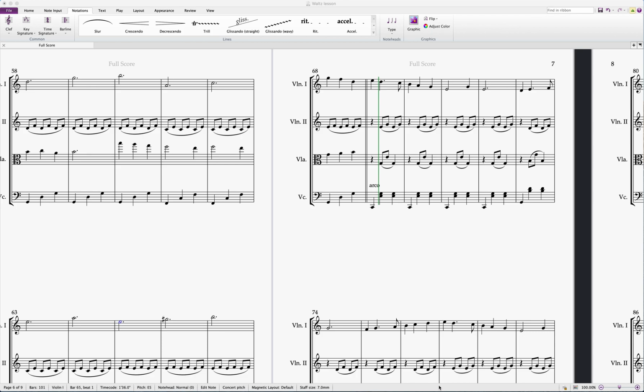And so this brings me to the last lesson of the waltz tutorials. This is lesson 5, and we are looking at how to develop the A section at the end. Okay, so